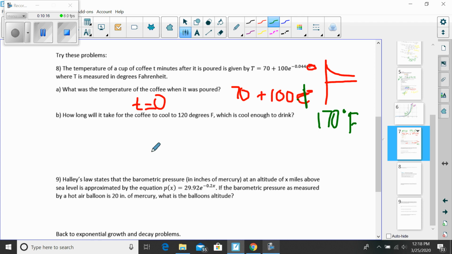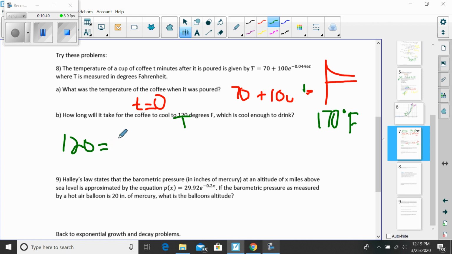Okay, so part B asks how long it will take for the coffee to cool to 120 degrees. This is where I have to understand my variables. So t is time, so I'm going to be solving for time, solving for t. And this capital T is the temperature of my coffee. So this 120 gets plugged in for capital T. So I get 120